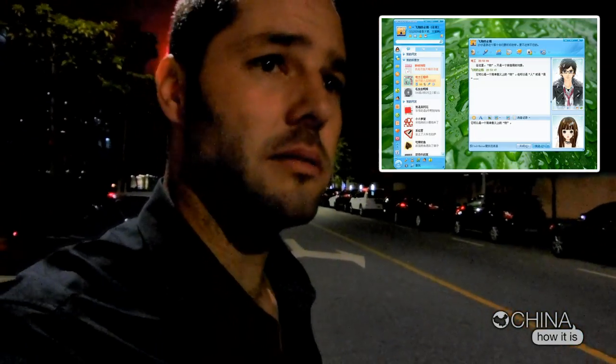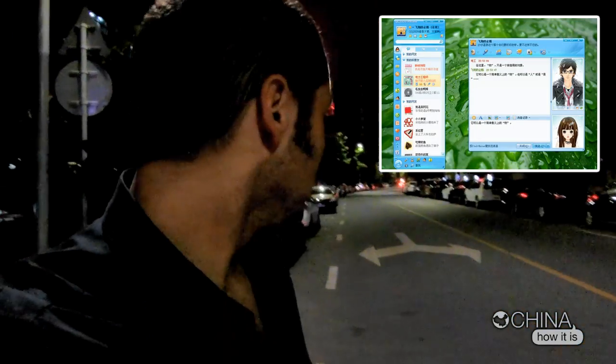And QQ became wildly popular. Now, it's difficult to explain just how popular it is. You can go to any small little stall or shop anywhere and you'll see that on their rubbish computer in the corner they will have QQ running. And it became like the only way to keep in contact with everyone around here. So QQ is basically just a Chinese version of MSN or ICQ and all those kind of chat clients that we all use today.